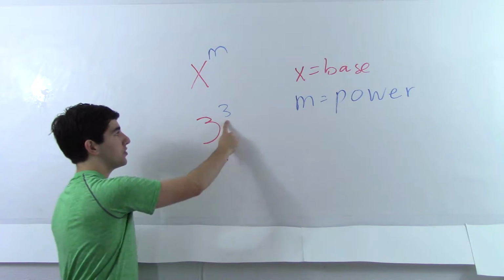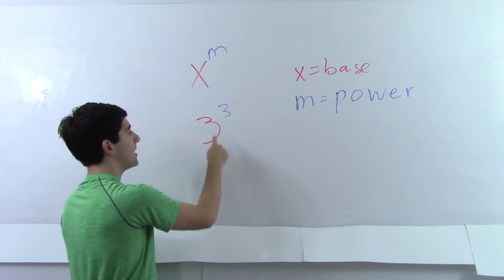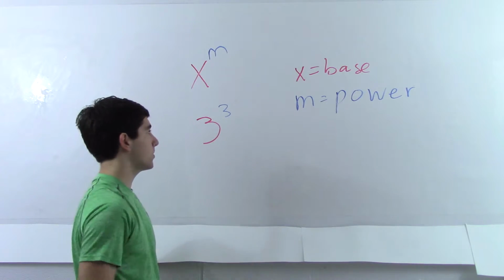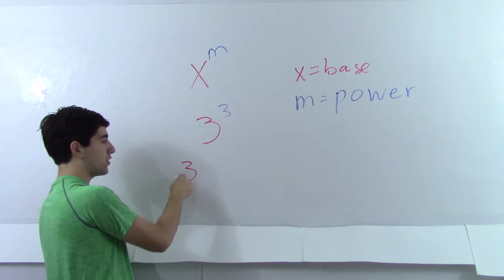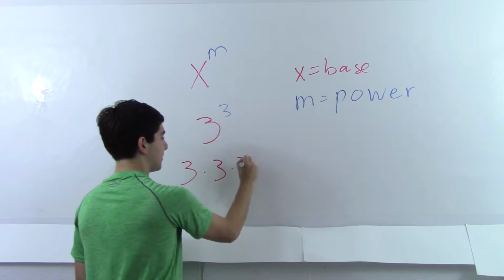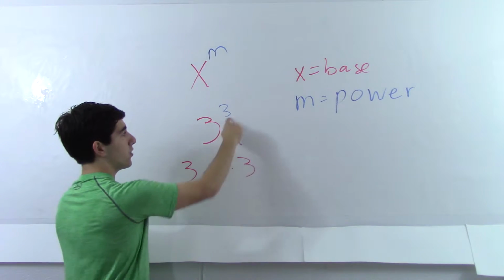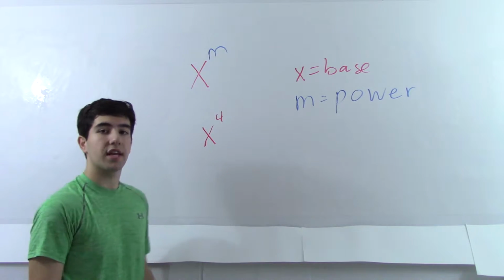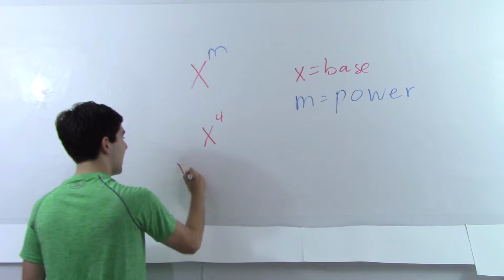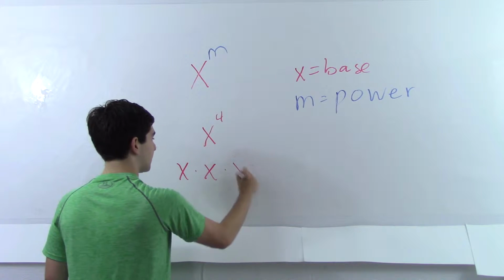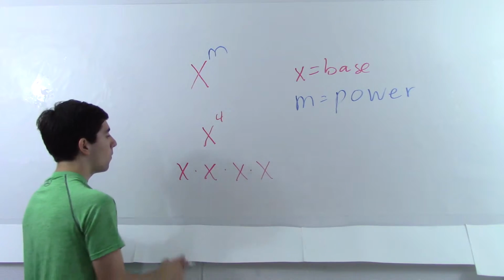What the power is doing is telling you how many times you're going to multiply this number. So we have 3 to the third power, so we're going to have 3 times 3 times 3, 3 multiplied 3 times. It also works the same with variables. X to the fourth power is telling me to write x times x times x times x, or x multiplied